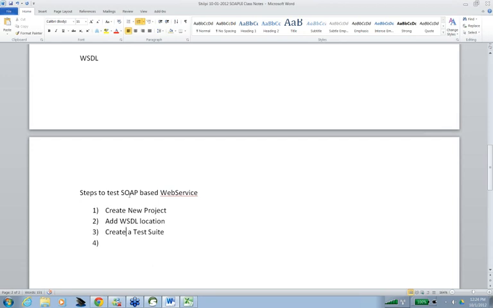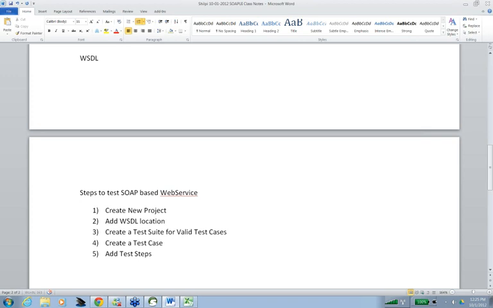So I would, let's say, create a test suite for valid test cases, then add a test case. After you create a test case, add test steps.